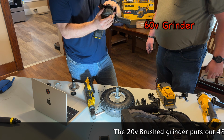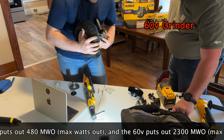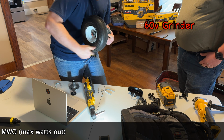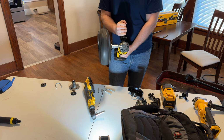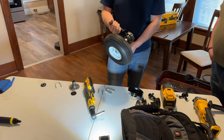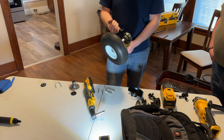This new 60-volt grinder has a brushless motor. Let's go ahead and throw this safety guard off. It has about 4 times more power than the 20-volt brushed grinder. So let's screw it on and give it a test. So this was a huge disappointment. There's what's called an E-clutch on these things, which is an anti-kickback device, and it just will not deliver the